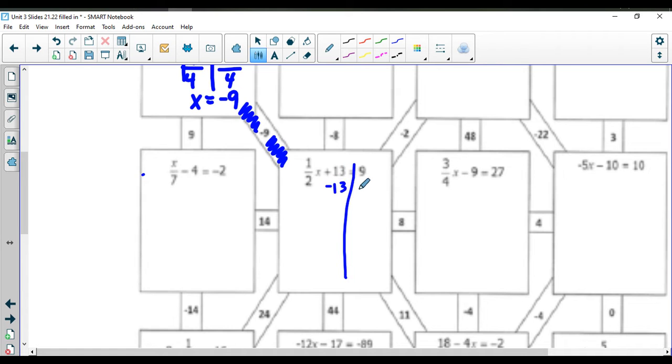I'm going to subtract the 13 on both sides. So I'm going to get 1/2 x. 9 and a negative 13 is going to give me a negative 4. And I see the fraction time, so I'm multiplying by my reciprocal. 2 over 1 is really just 2, so I'm going to just multiply by 2 over here. X equals a negative 8 then. So looking at my options, it looks like this is now going to take me up to this next one